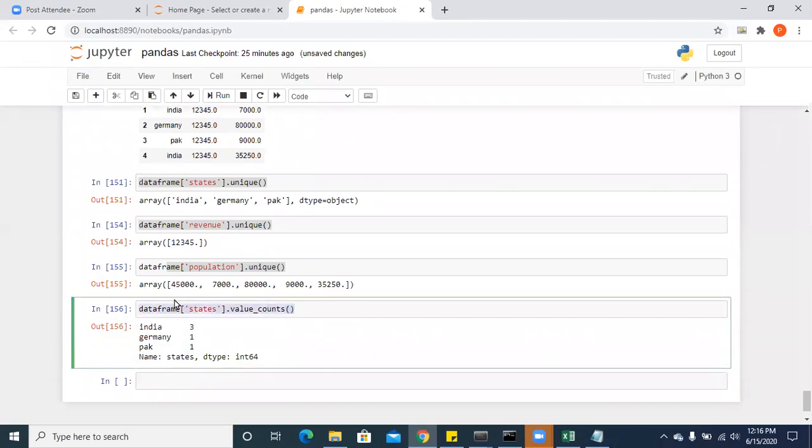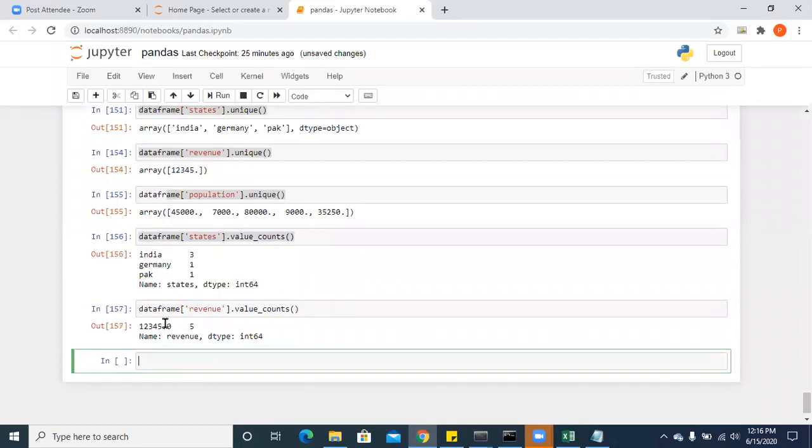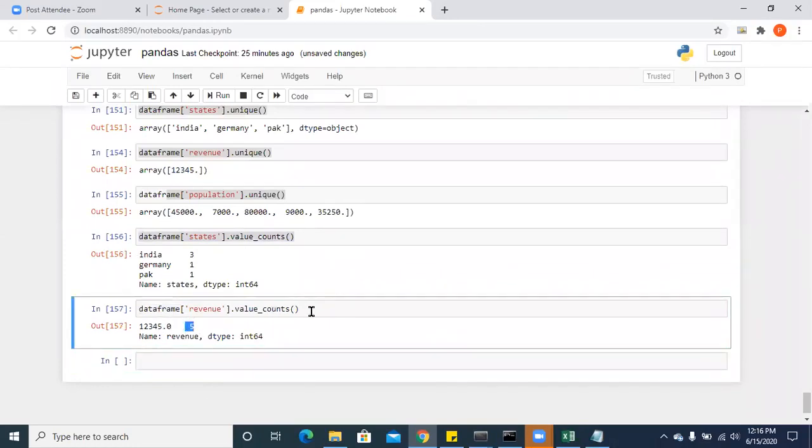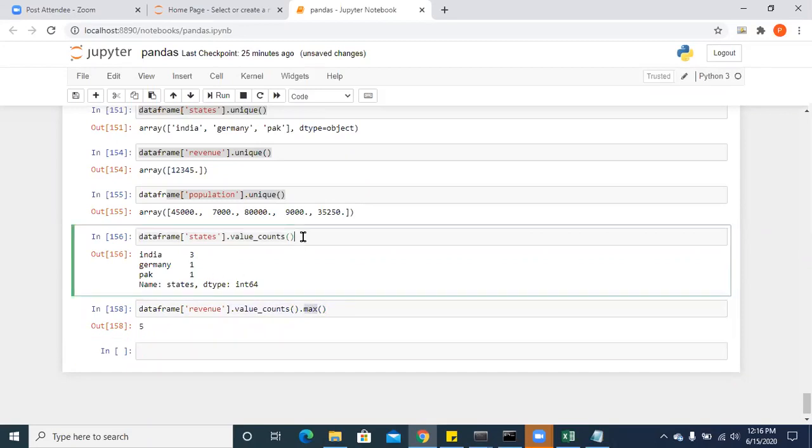And let's see that for the second column, which is revenue. So it says this value got repeated five times. So if you see what is that max value, that is 5. I mean 5 times that max value is getting repeated.